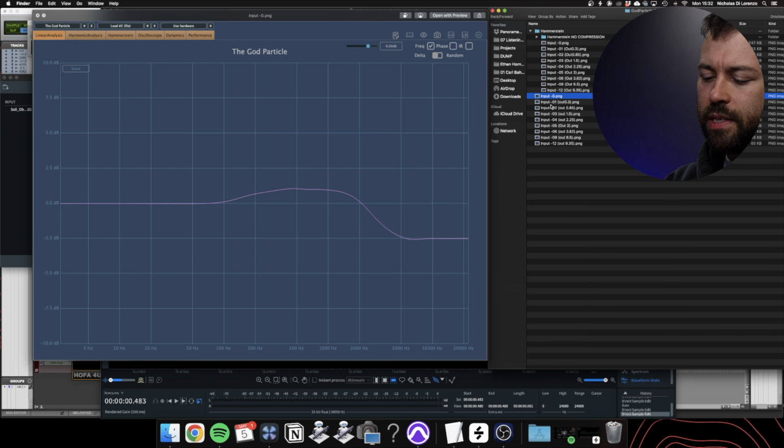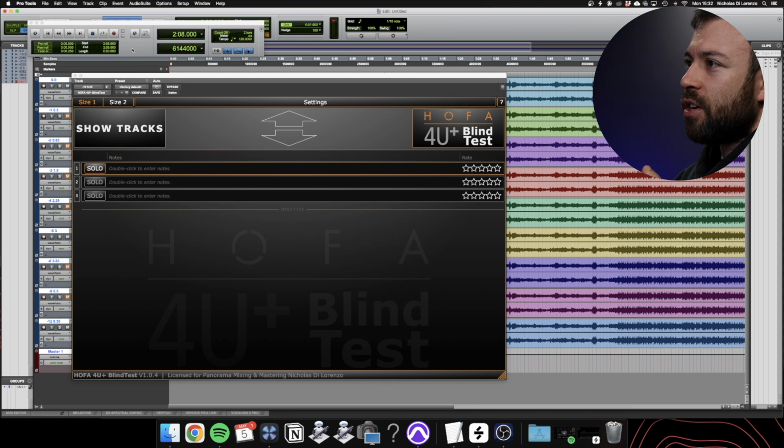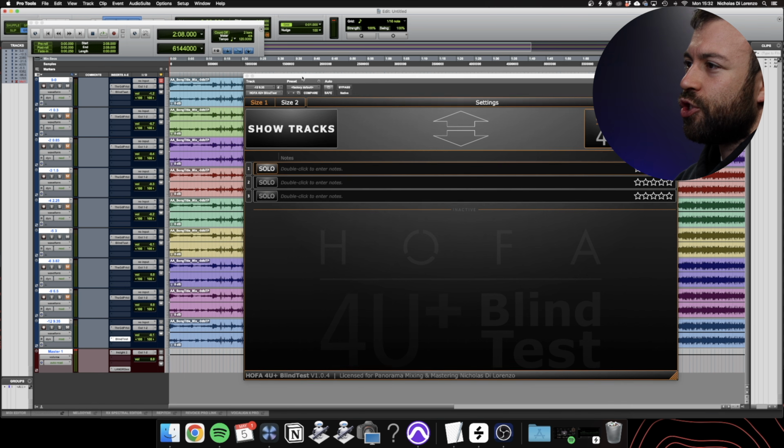And that's because there are dynamic processors and saturators and other stuff in it, which made me realize, well, wait a second, the way I'm using this particular graph, there's another graph we're going to look at as well, but the way I'm using this graph and understanding plugins isn't the healthiest way, because when I am mastering, and I use the God Particle, because I've got some tests set up here which I'm going to show you,